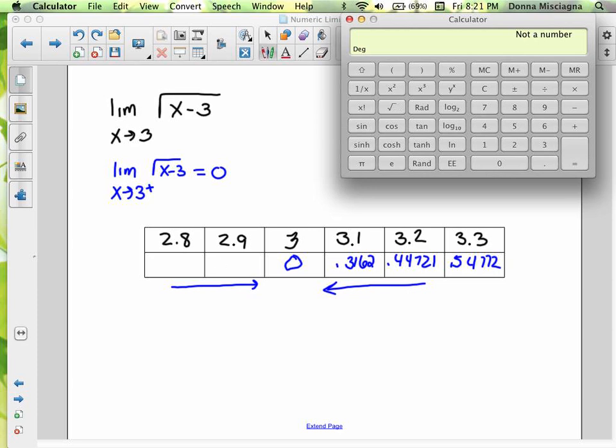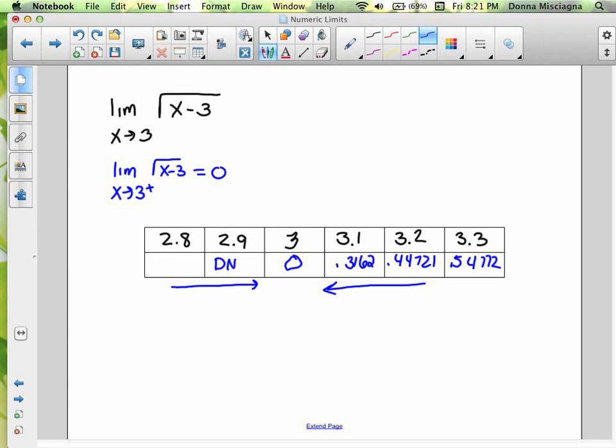So, does not exist. What happens if I plug in 2.8? I'm going to have the exact same problem. I'm going to be taking the square root of a negative number. Does not exist. Matter of fact, even if I were to get closer,